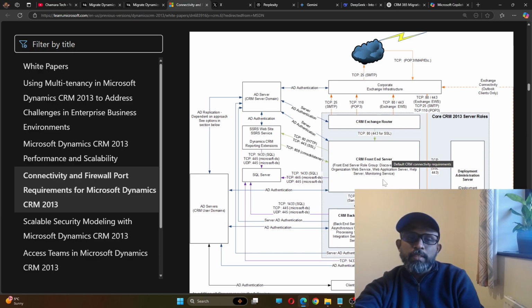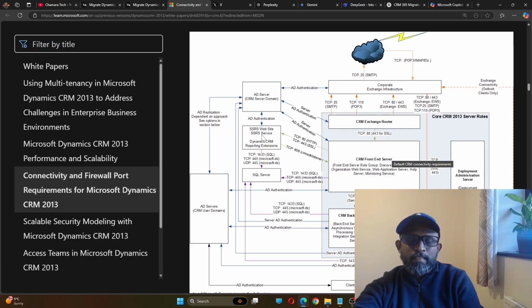When you are installing the CRM, you can have the CRM Exchange router, the deployment administration server. Then you can have your SQL database, then reporting databases,